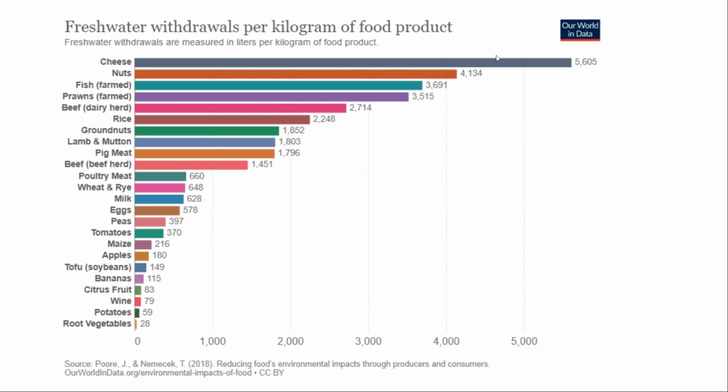And that's why you can see at the top here, cheese is going to be an extremely water dependent food, just because it's going to come from cows, which are going to require a whole bunch of water. And then the milk as well is going to require water. So it's just going to be a very water intensive process. And we can see just some of the other choices here. So with this, in terms of trying to think with an environmental sort of lens, the dietary choices you make